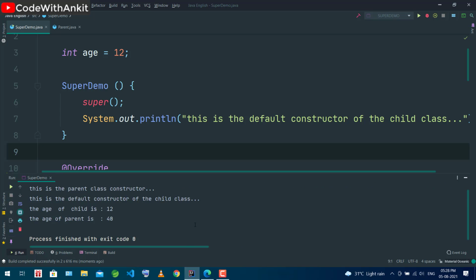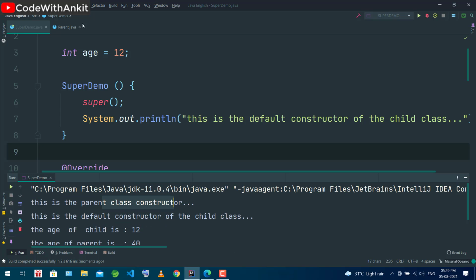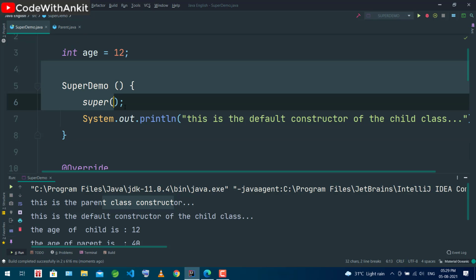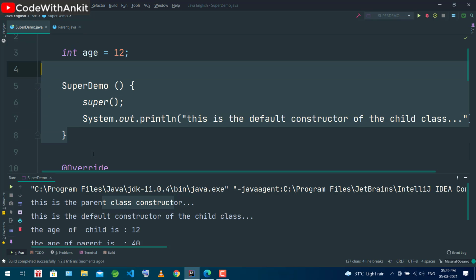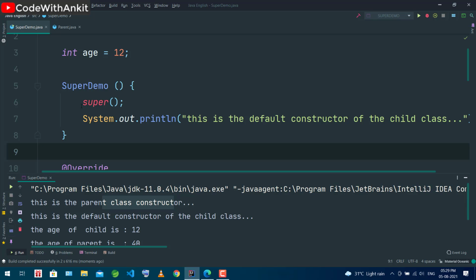Now look, the constructor call is getting done. Super is just written here, and nothing is written inside the braces, so this is calling the default constructor. What is this? I can write it here in a comment.